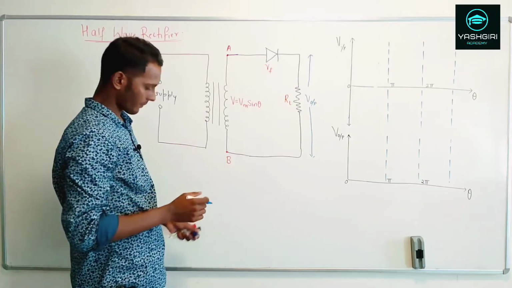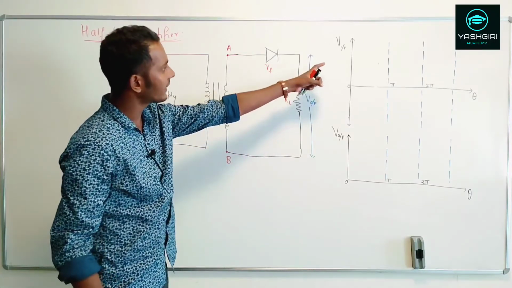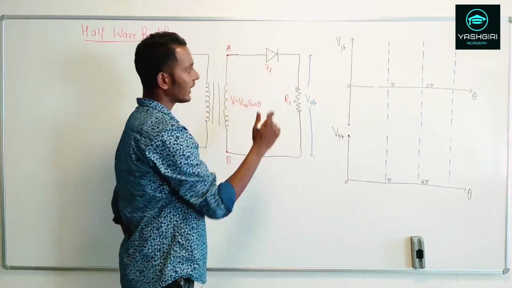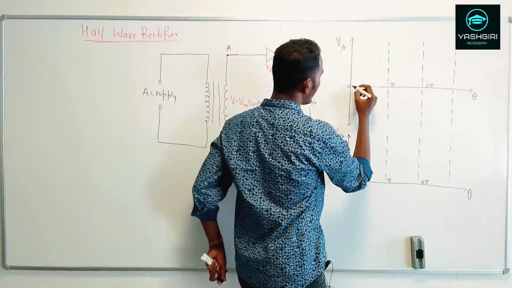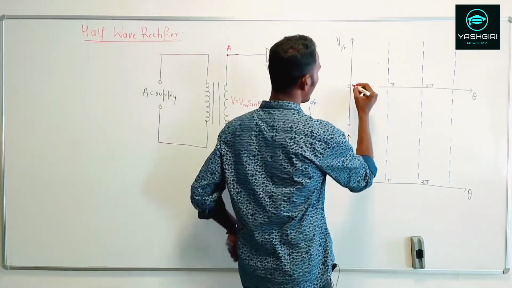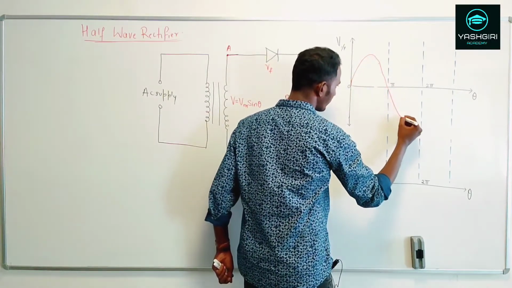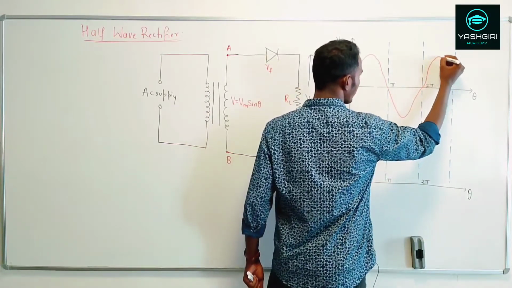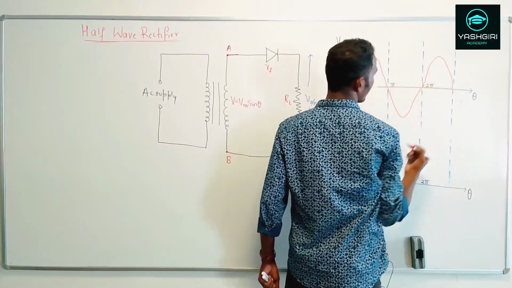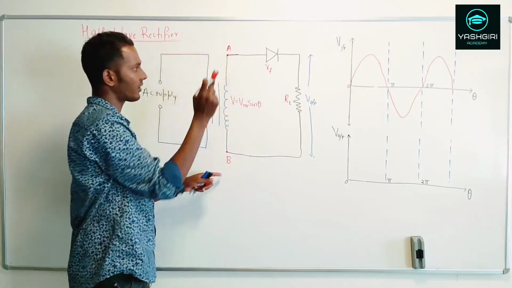Now the second thing is the input voltage, the one which is given to this entire rectifier circuit. Let me trace it first. We will have an input supply of AC signals at the secondary winding. I can draw it like this. This is my AC signal. So I have my AC signals that are available at the secondary winding of a transformer.